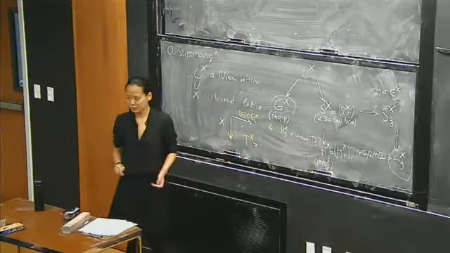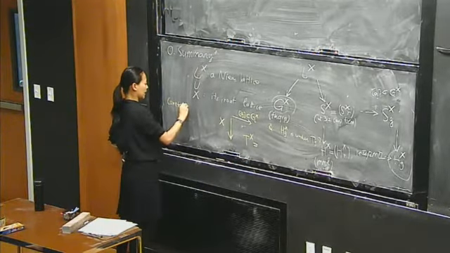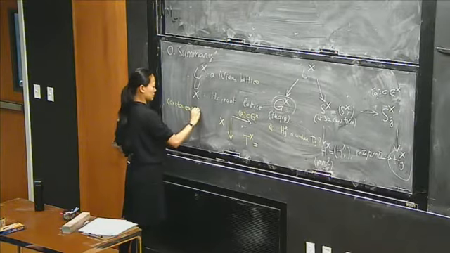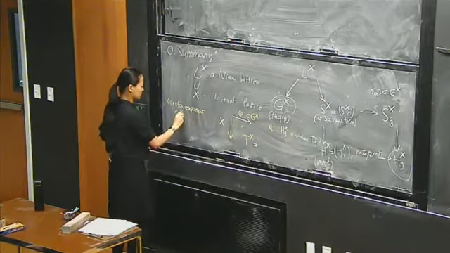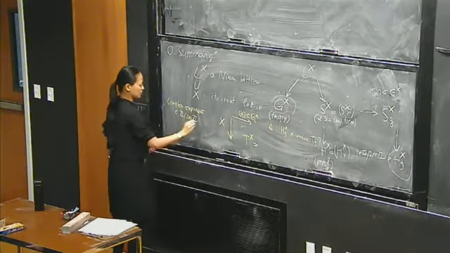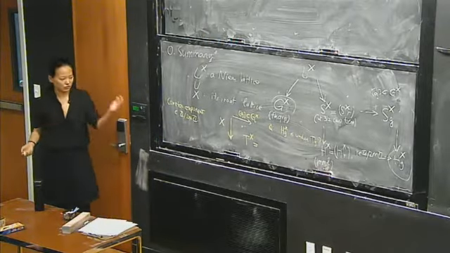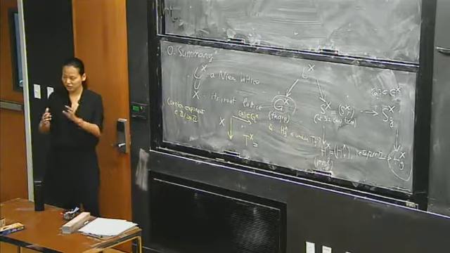So we know there's something called the Casimir exponent, which is the eigenvalue, which goes from 0 to 2n minus 1 if you want,